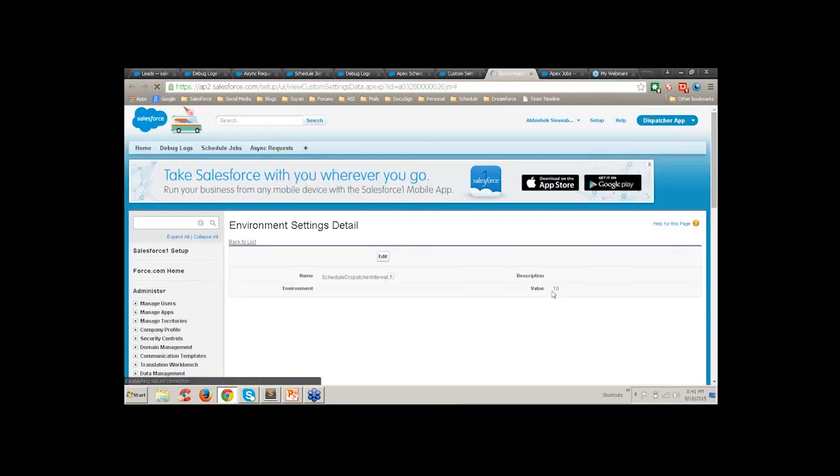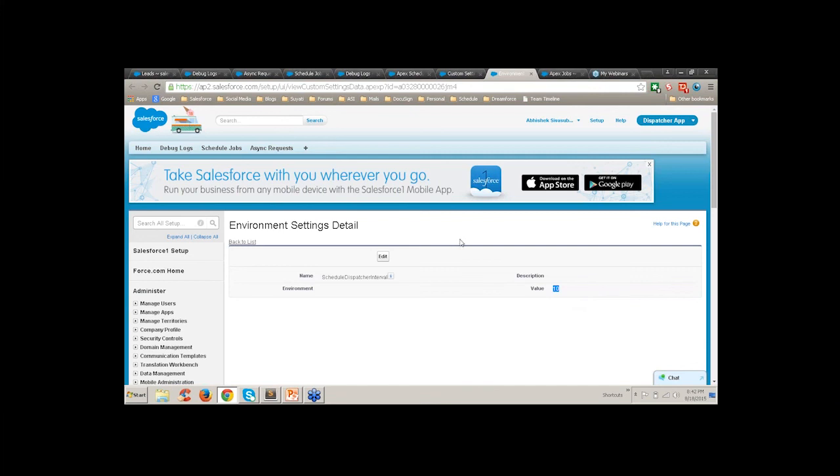This is set to 10. If you think none of your batch jobs run every 10 seconds, maybe I can make this dispatcher run every 1 minute or 2 minutes, giving it some more time to run. You can come to this custom setting and increase this value to 20 or maybe 300, whatever it is. The dispatcher will automatically adjust.